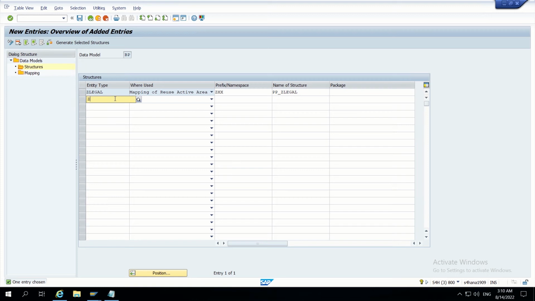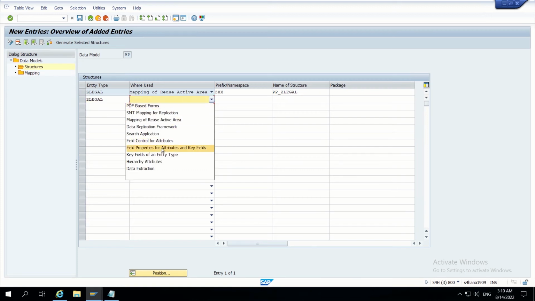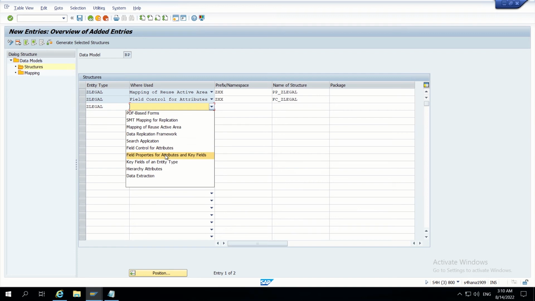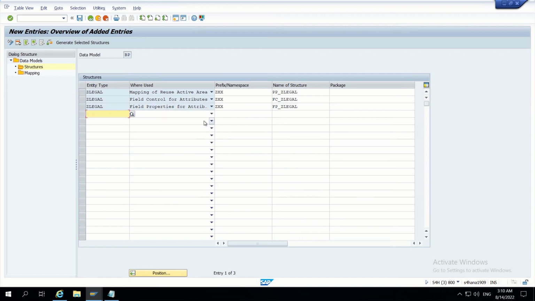Now again Z legal, this time field control for attributes, again Z legal, field properties for attributes and key fields. Now Z legal. I think these are enough. Now I can save this,